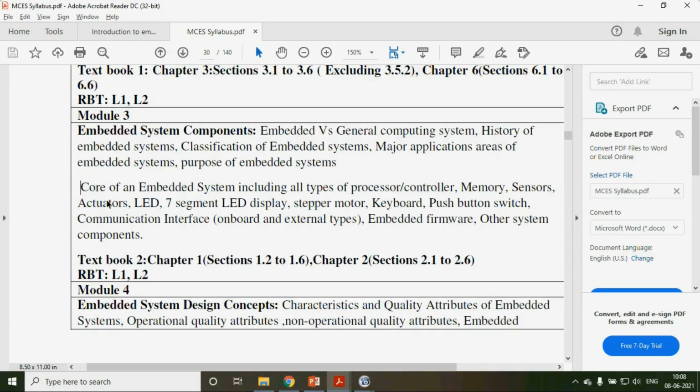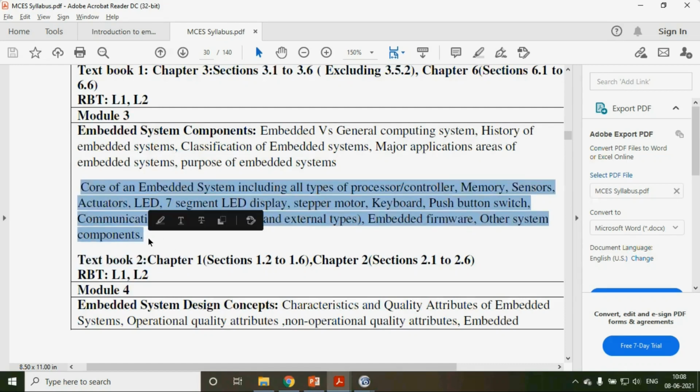We are not bothered about where it is going to be used. We should know where we are going to use a particular embedded system, but for an engineering student, we should know what is inside the embedded system and how it works. When we look at the embedded system from the perspective of studying it, it has many components. It will have a core, memory, sensors, actuators. It will have embedded system software called embedded firmware, then communication interfaces, right? So the second chapter explains nothing but all the internal components of the embedded system.